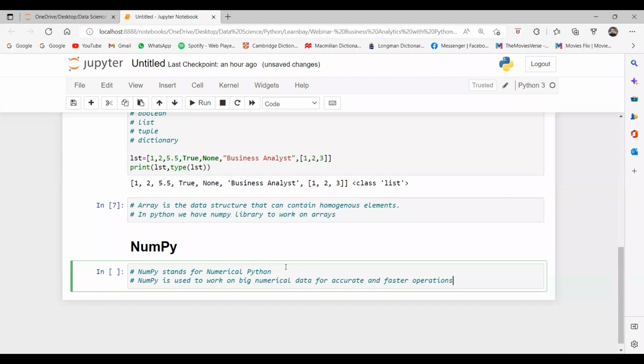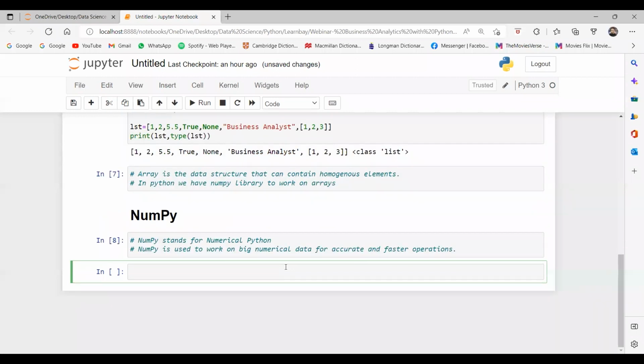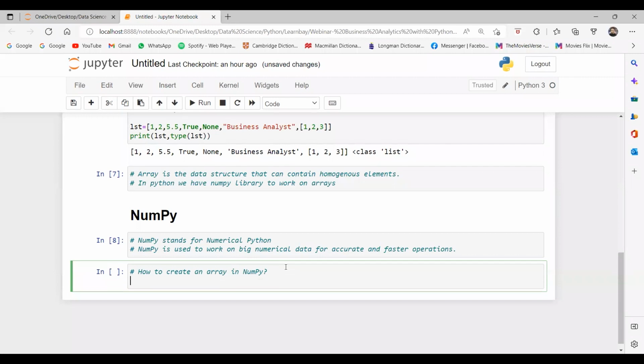Now it mainly works on arrays. So how to create an array in NumPy? First of all, we have to import NumPy.